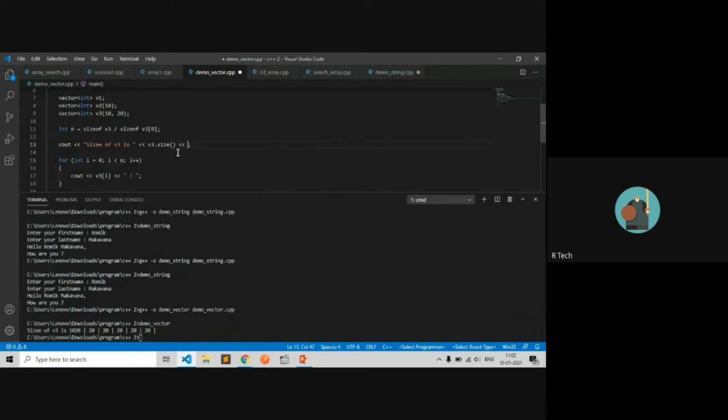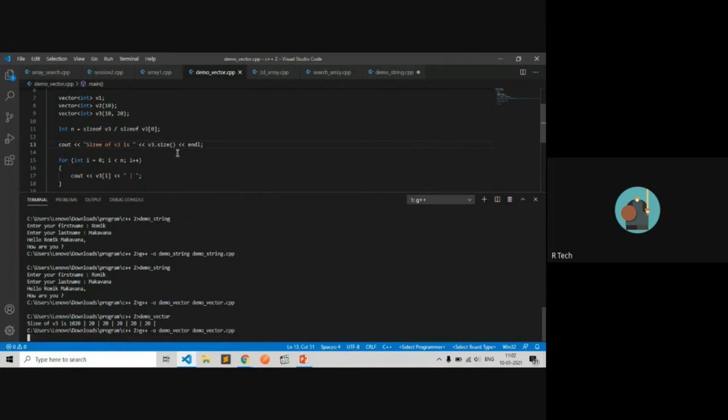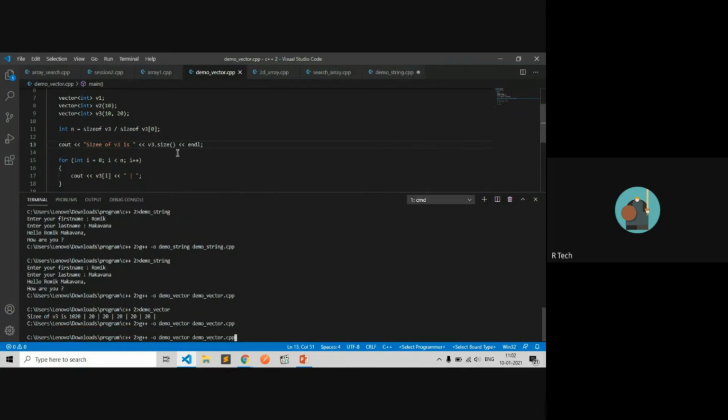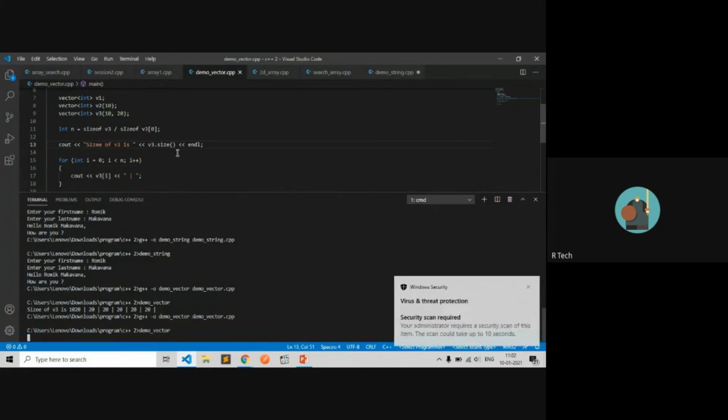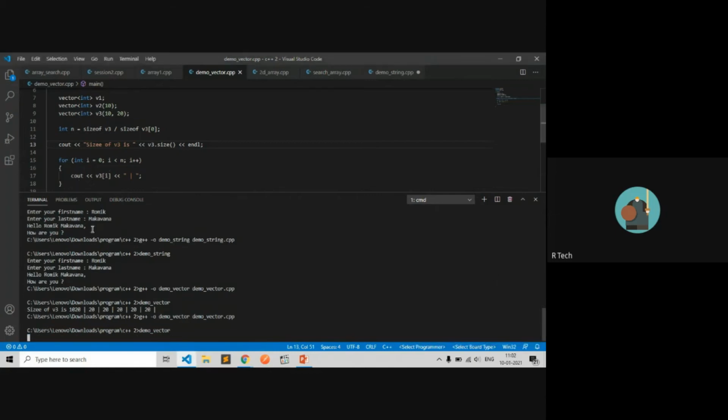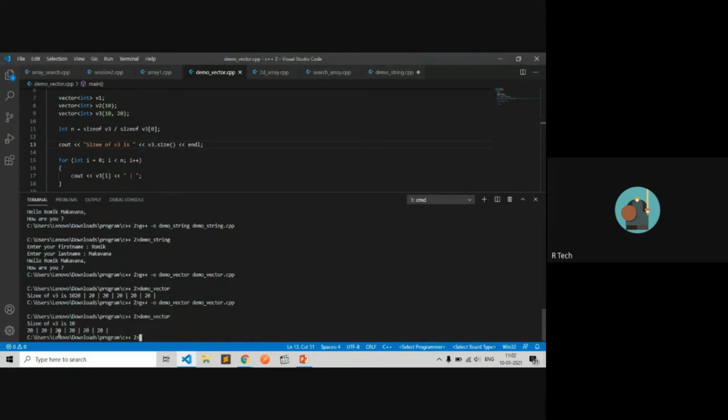I have to add inline in the error. So you can check here that there is 20 as the value for each element. The size of the vector is 10.